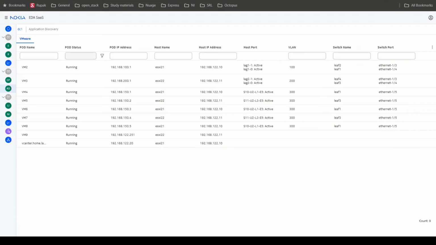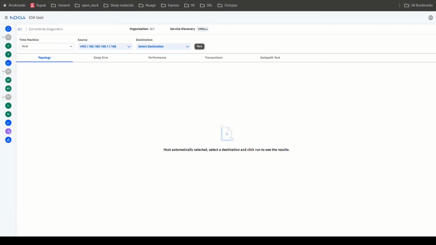So the first point which we have to find out is what the path looks like between the two different VMs here. So for today's demo, we are taking VM2 and VM3 as our source and destination, and we will try to find out the path between them. What are the possible paths here? Yeah. So we go to the connectivity diagnostic page where we are selecting the source, which is VM2